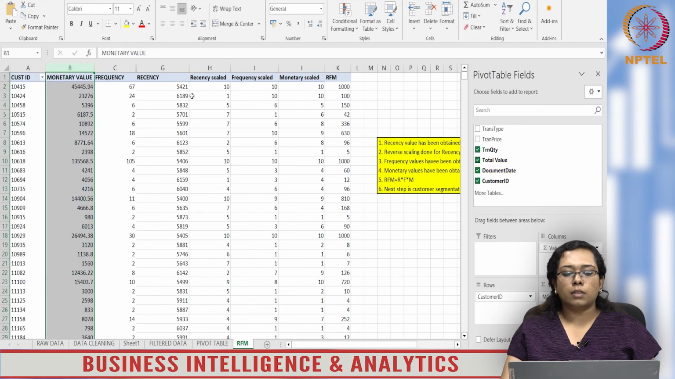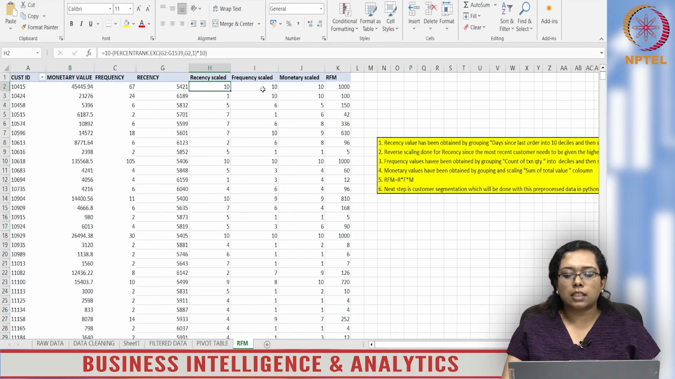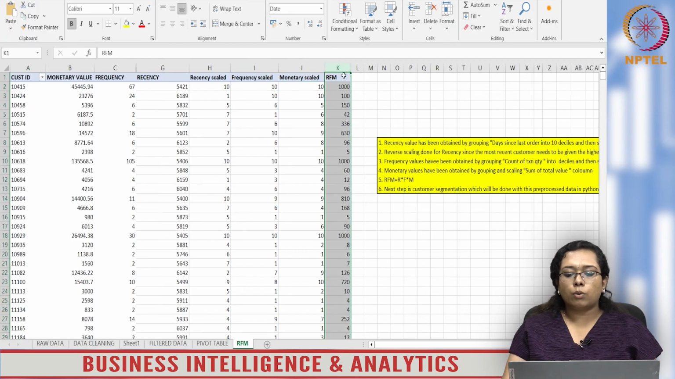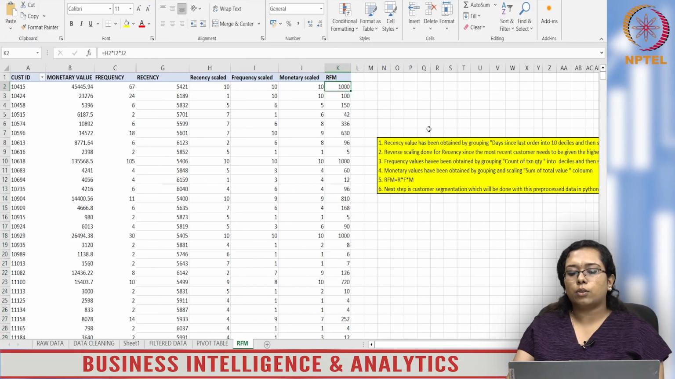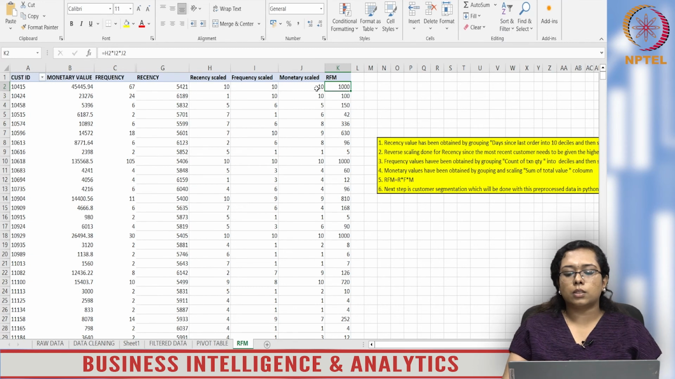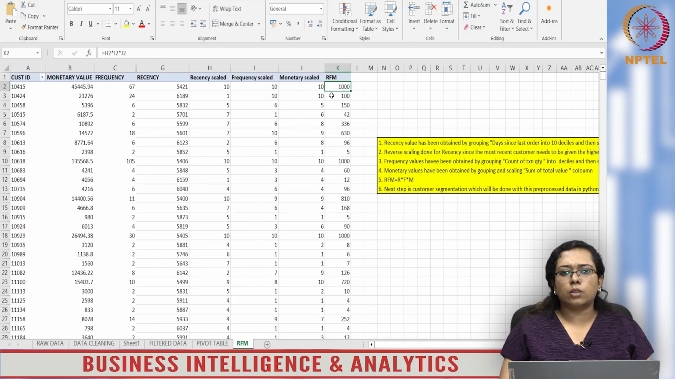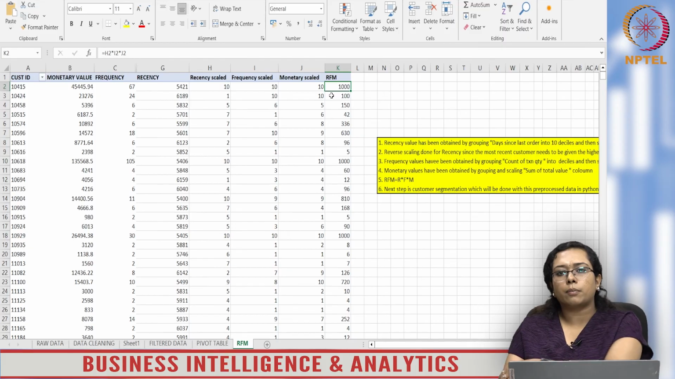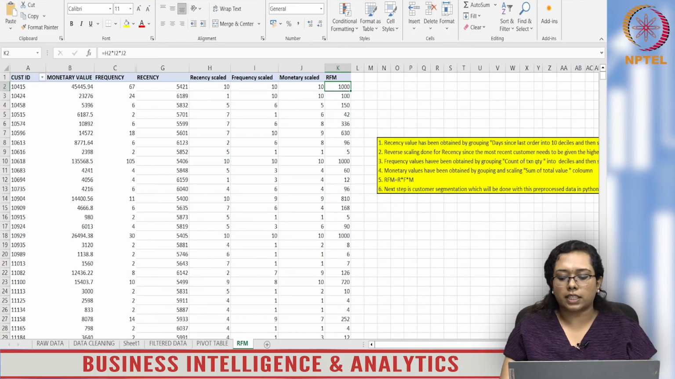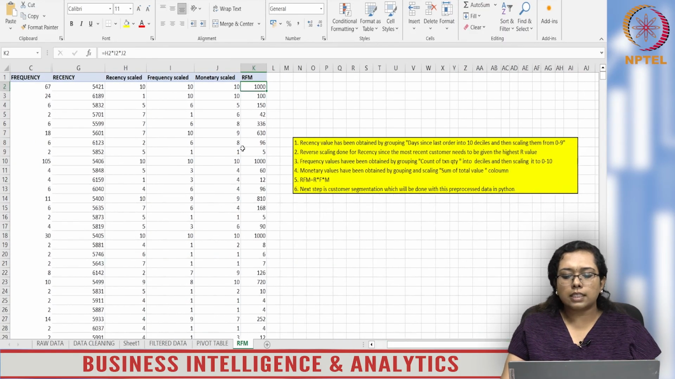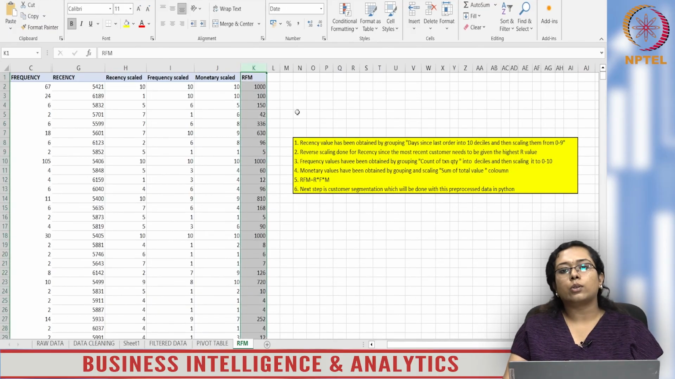The monetary value column for calculation. So now we have scaled frequency, recency and monetary value, and now what we have to do is calculate the RFM value, which is nothing but this into this into this, multiply all the three values. If you want to add weights, then well and good, you can add. As of now, I am not adding because this is a simple RFM analysis and we are not adding any weights. So this is how we calculate the RFM values, and using these RFM values, the next step would be